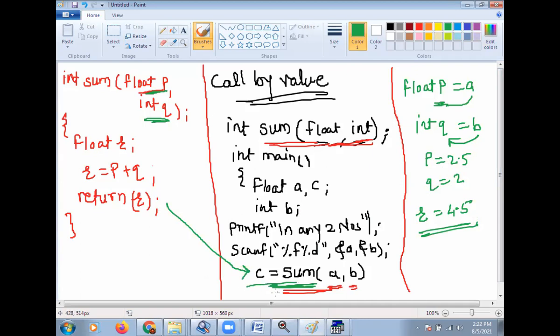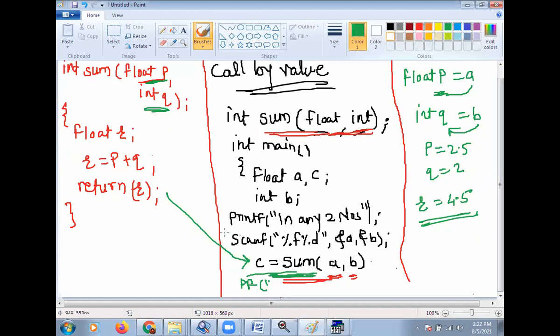So the next statement after this is printf, slash n, c is equal to percentage f, then c, then getch, and that completes it.